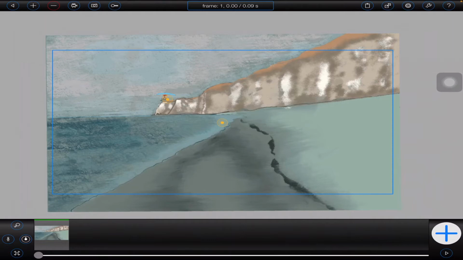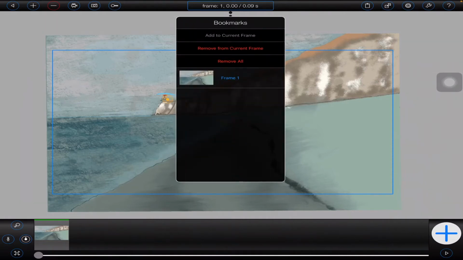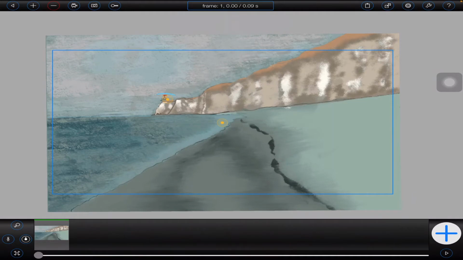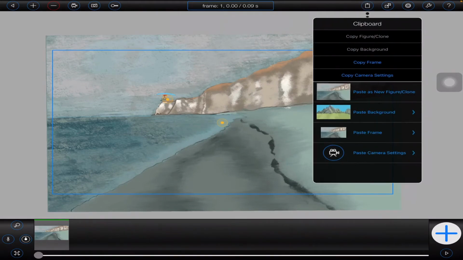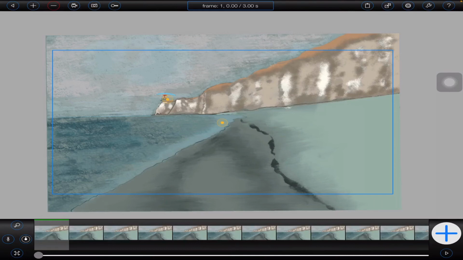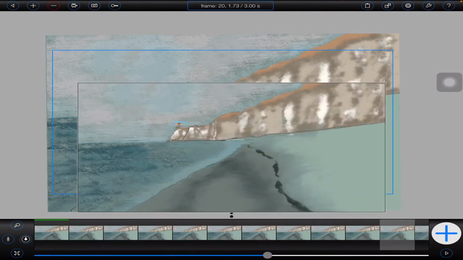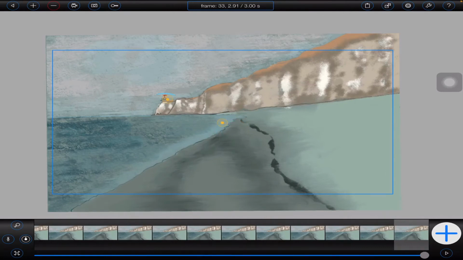So we've imported the items, we've made the first frame a bookmark. You can do that from under there. And I'm going to go to clipboard. I've already copied the frame, and then I can go down to here and add about 32 frames, and hopefully, yeah, so the cat's there. Go to the very end frame,